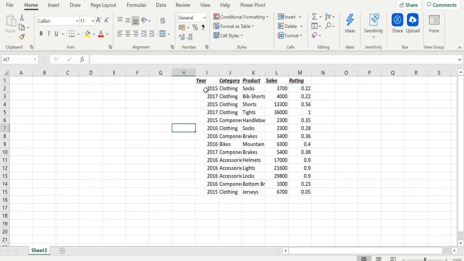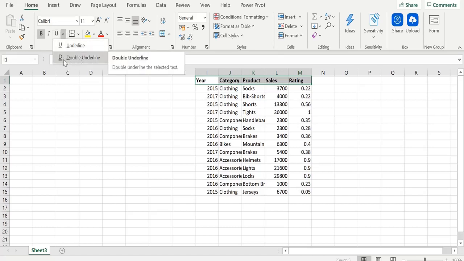So you can see here, the data which is there on the header line has also become underlined now. So if I want to remove this underline or remove bold and italic, just click it again. The underline has gone, the italic has gone. Underline has two options: single underline, which is the one we have just used, and there is an option called double underline also. If you want to make it double underline, just click on this drop down and click on double underline. So it will underline your data with 2 lines under the text.